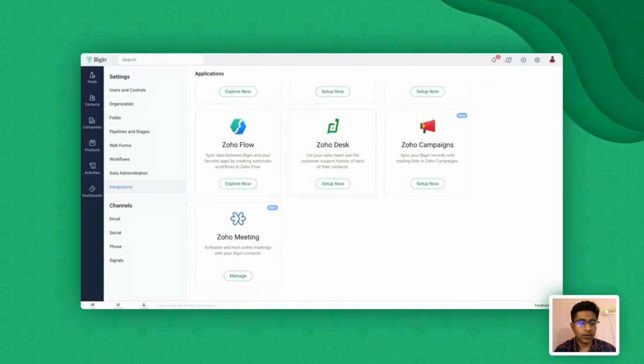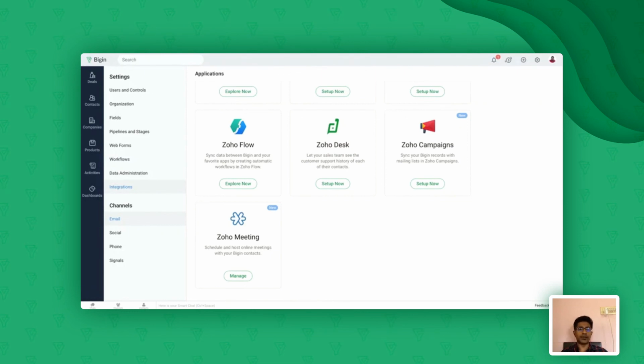All right. So for your customer engagement, when you engage with your customer, whether it's an email or a phone call or a social, we have all those fields covered. You can do an IMAP integration within CRM.